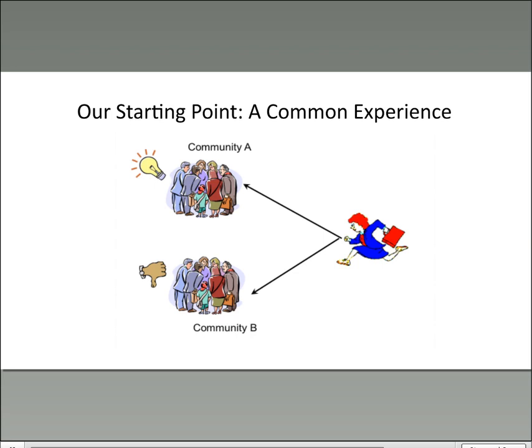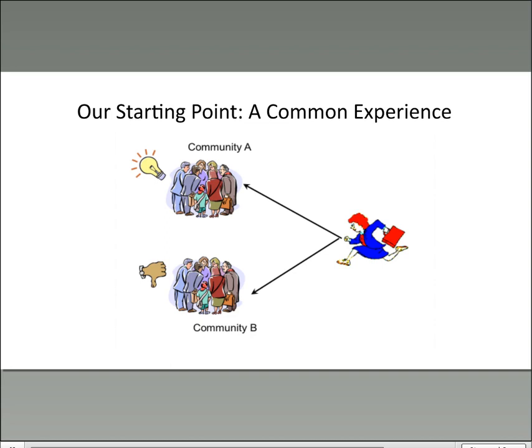And in the case of community A, we take it there. The community comes together and a light bulb goes off. But we can take that same set of tools, the same strategies, our same experiences, and our same offers of help, take it to another community, and it cannot work. And that's really been one of the challenges that we've all experienced as we've worked in our communities and tried to improve the health and well-being of community residents.